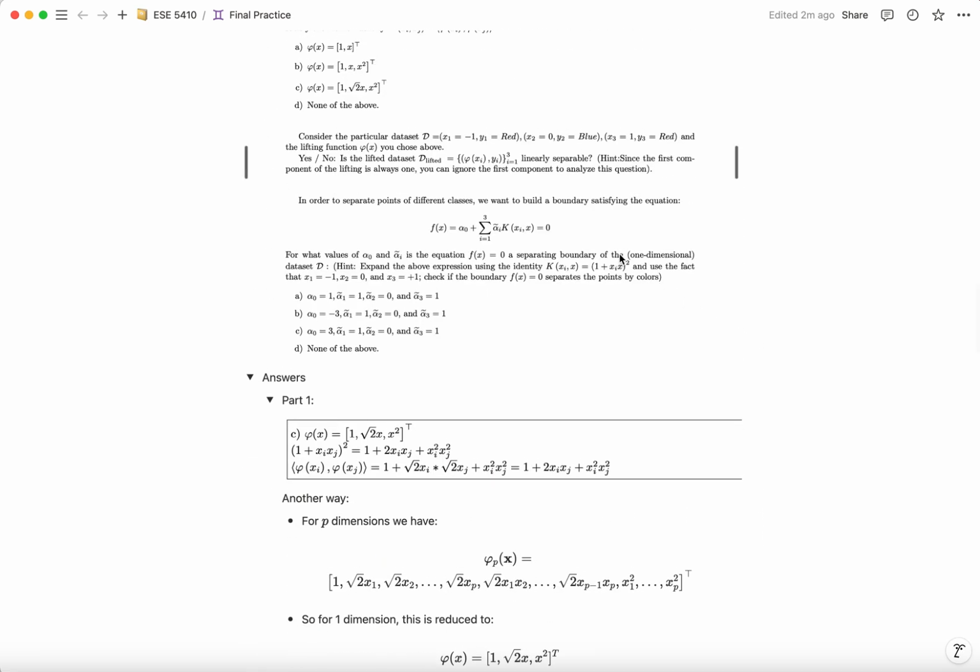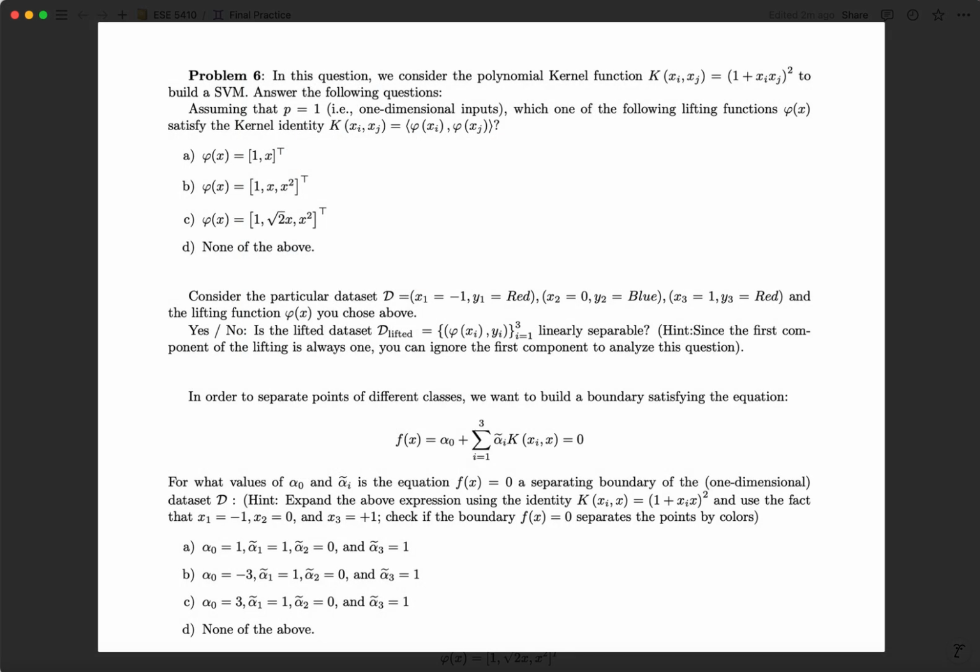So moving on to the third part, now that we know that this data set is separable, we want to see what the decision boundary looks like, what the nonlinear decision boundary looks like. And for